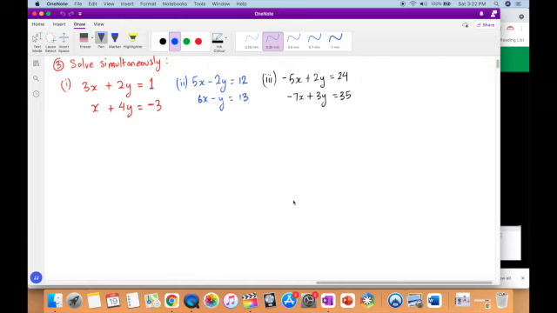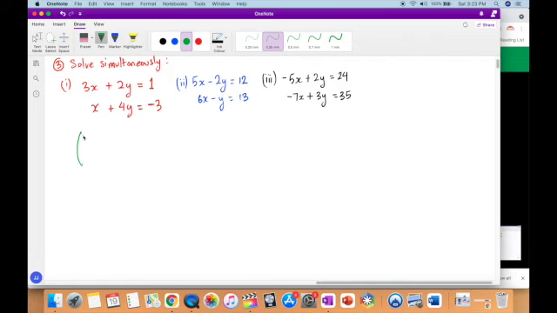Now, the first thing I'm going to make sure is that my x's are in a line and that my y's are in a line. And if they're not, then you rewrite your equation so that they will be. Seeing that in all of these equations, the x's and the y's are in a line, what I will do is form the